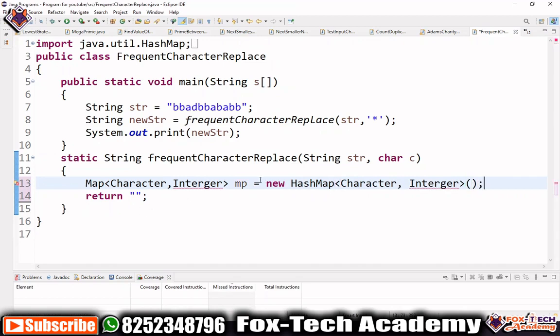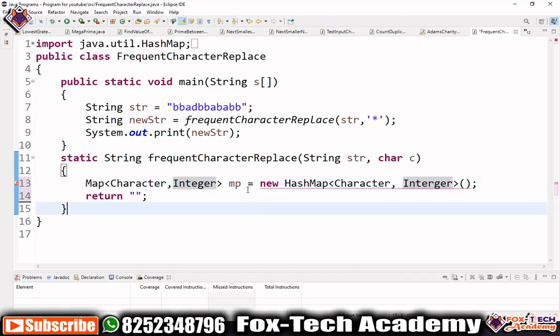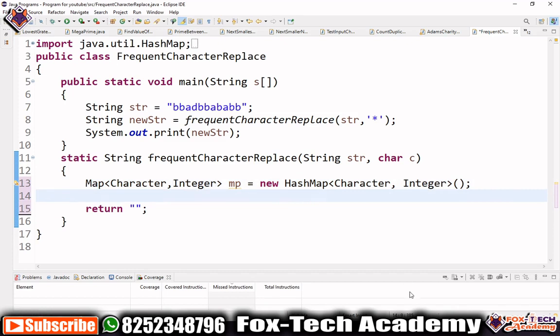So we have created the hash map. And we have to use a loop so that we will put each and every character of this string into the hash map. So start one loop: for int i equals 0, i less than str.length, i plus plus.